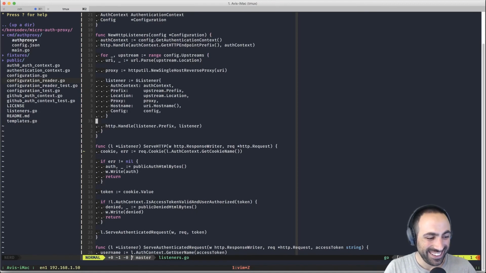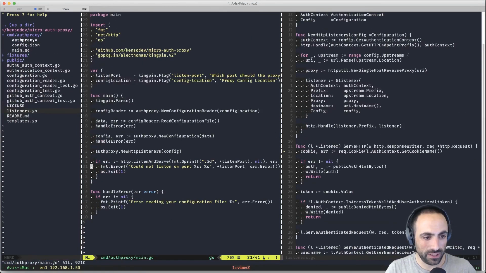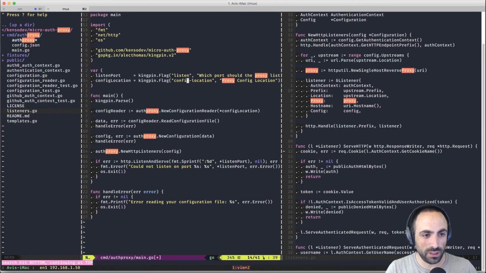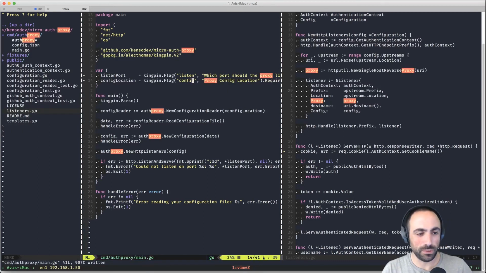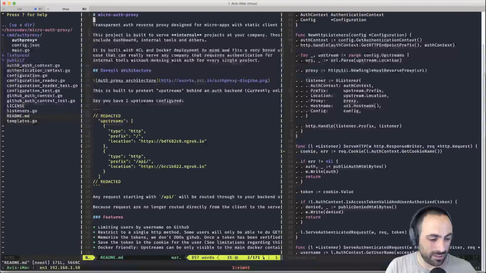Yeah. Oh my God, the long flag names, I know. So before I do that, let's go ahead and go here and proxy. So listen is going to be listen, and config location is going to be config. Okay, great. That's it. Now you can give me a hard time on my long things.